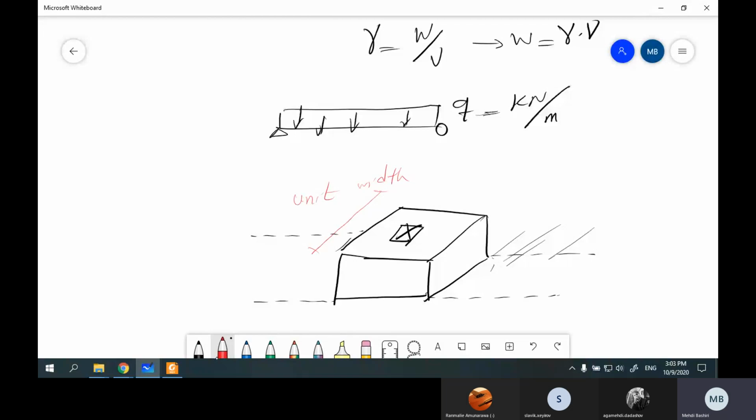That means when you want to calculate this volume, what is volume? For example, the volume here is D, length, and the thickness m. Or let me write it. D dot L dot m gives volume. As I said, you have to assume first m as 1 because we are working with unit length, unit widths